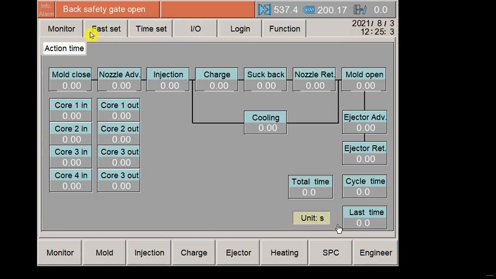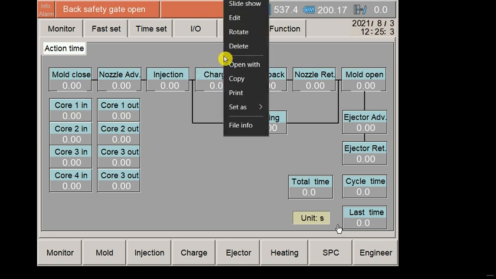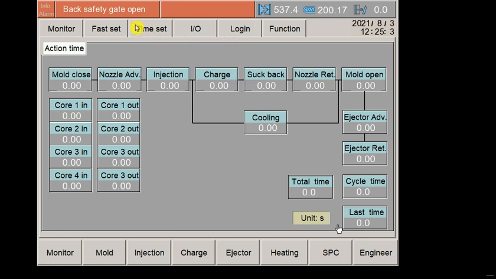So guys, after completing the monitor page, I'm just moving to the fast set. Now, when we move to the fast set page, you will see the simple things. I'm going to click on this fast set option and our fast set page will open. This is an important thing that we have to know: what is the fast set and how we calculate this fast set.